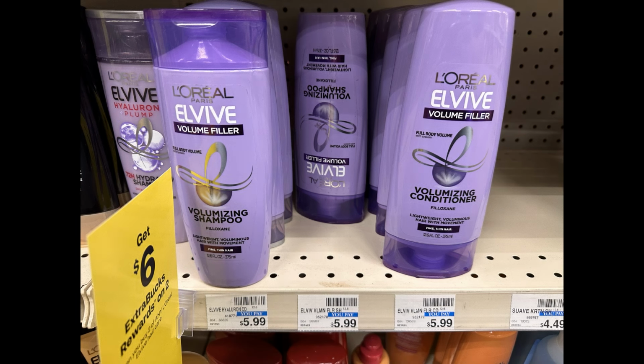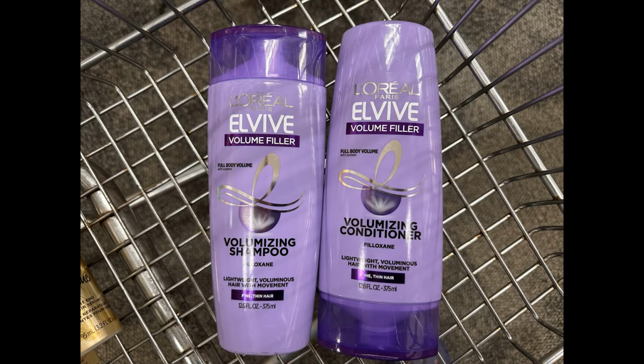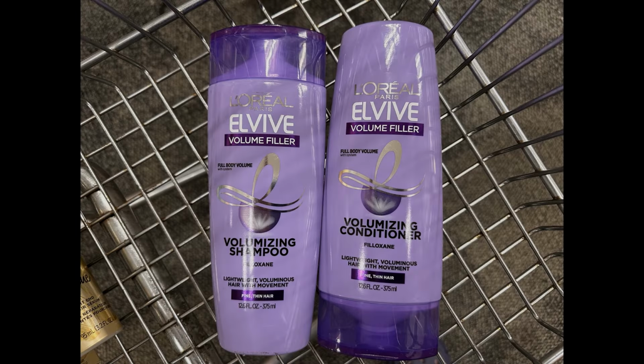But I still need to grab some more hair care products to get to that $60 in order to use that CRT. So I'm going to grab a couple of the L'Oreal Elvive shampoo and conditioner. So these are priced $5.99 in my store, and they are buy 2, get back a $6 extra buck. So grabbing 2 of them at $5.99 each, that is a total of $11.98. I have a $3 off of 2 digital coupon that is going to bring them down to $8.98 for both. But then I'm going to get that $6 extra buck back, making both of them $2.98 or just